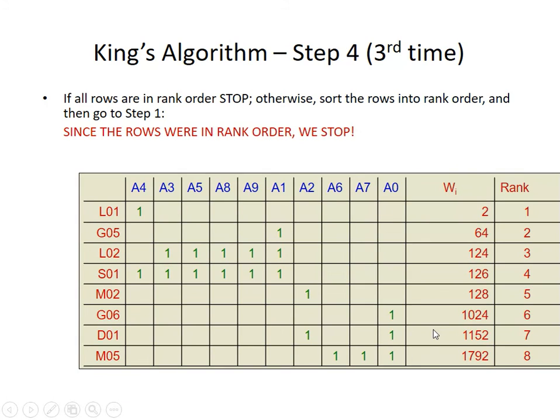And here in the end, since the rows were in rank order, because we have complied with the column wise in the before two steps, and even before the previous slide we have complied with the row wise also, because there is no change in the rank ordering. So when we attained this particular mode, we can say we can stop that rank ordering, and we can say this is the final step for this.